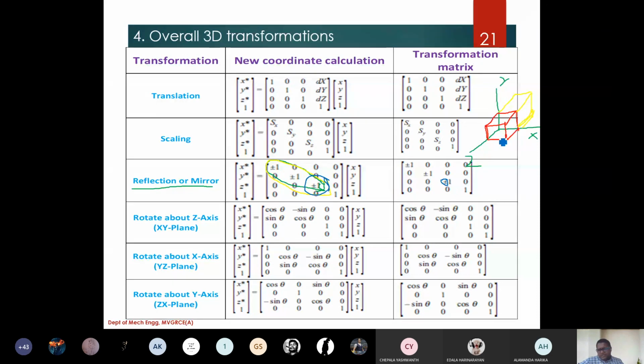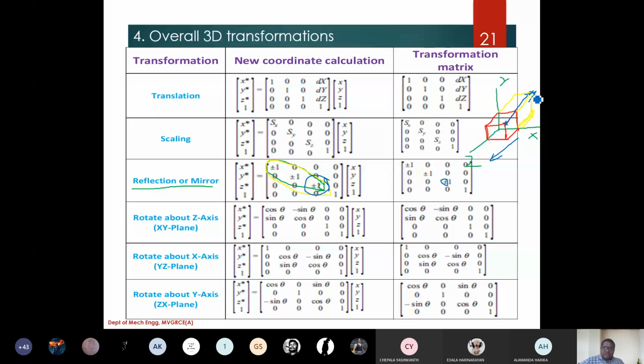So your requirement is to reflect about xy plane, which means if you take a point here, the reflection image of that point I'm getting here. Let us say the coordinates of this point are 1, 2, 3. Its x and y coordinates will not change even though it is reflecting back to this position. Only the z direction changes. In this direction, this is the z coordinate, right? So in this direction, it is getting reflected to a new location. So the z coordinate, if it is positive, becomes negative, and negative becomes positive.